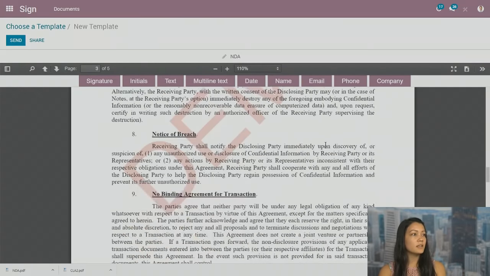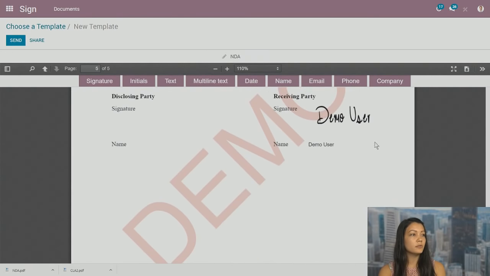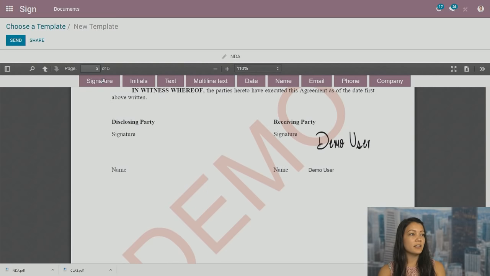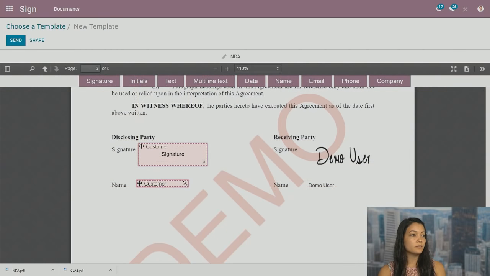And this one is a 5-page document, so I'll show you something cool I could also do. But in the last page, I'm going to ask for a signature, and then again for them to write their name. And I do want 2 signatures on this document. So I do want a receiving party. Signature is going to be another